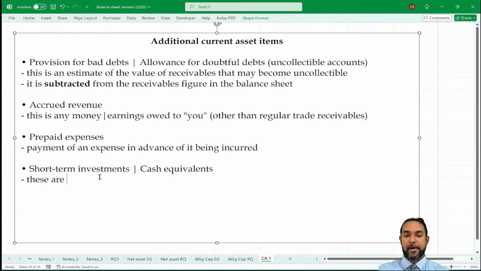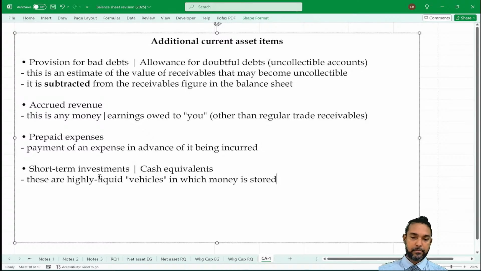So these are highly liquid vehicles in which money is stored, right? So you can see things like term deposits, index funds, right? And the one I forgot